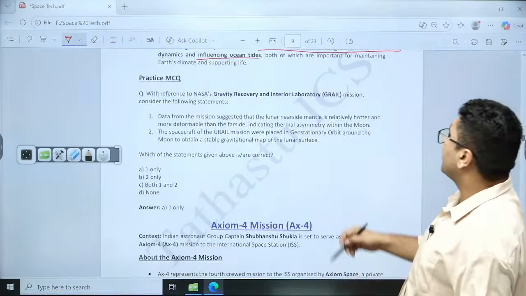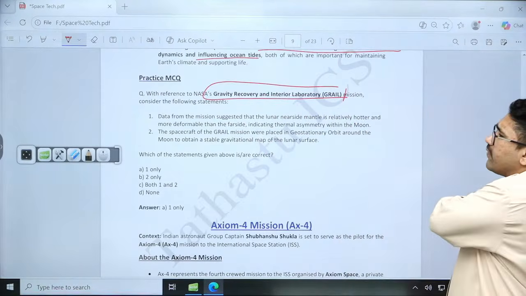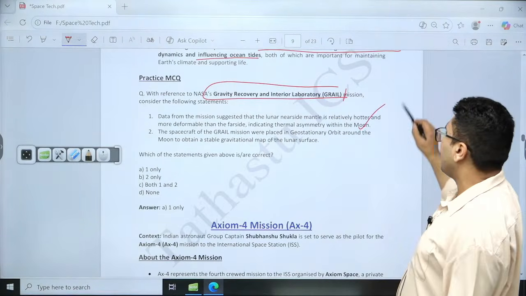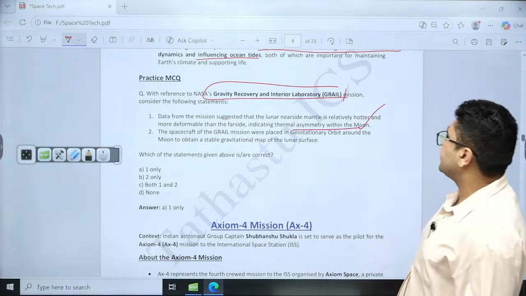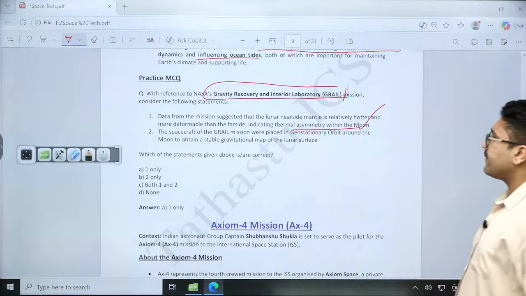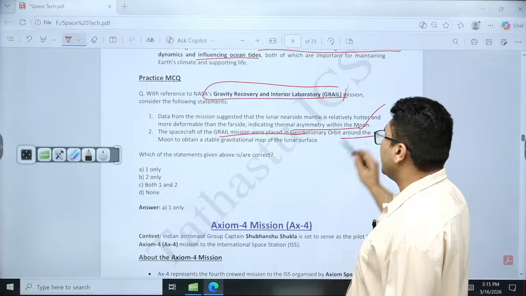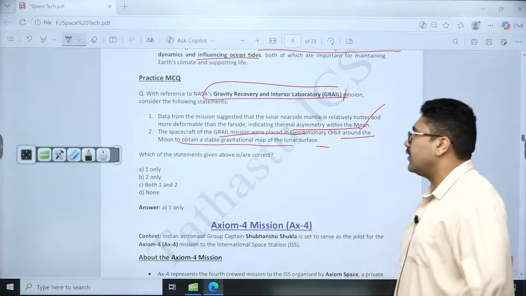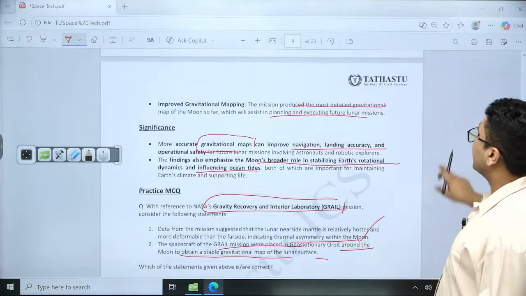So talking about the Gravity Recovery and Interior Laboratory mission, data from the mission suggested that the lunar near side mantle is relatively hotter and more deformable than the far side, indicating thermal instability or asymmetry within the moon. This is the right statement. The spacecraft of the GRAIL mission were placed in geostationary orbit around the moon to obtain a stable gravitational map of the lunar surface. Now please understand that the GRAIL,